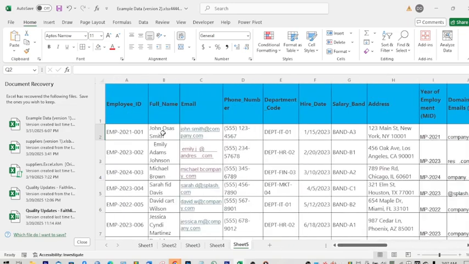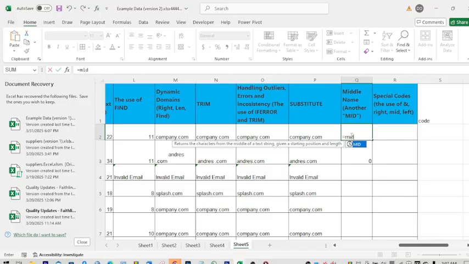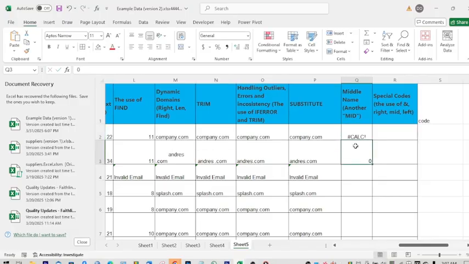tell Excel that we want the middle name, the name that appears after the first space and appears before the second space. The entire name that appears after the first space and then before the second space. That is how we are going to denote our middle name. So we will need equals to